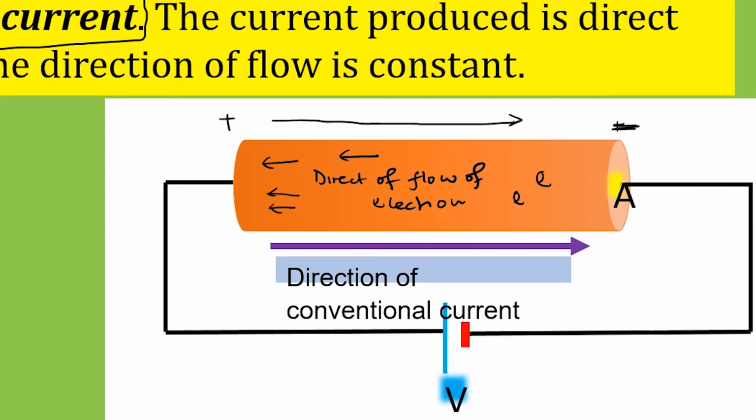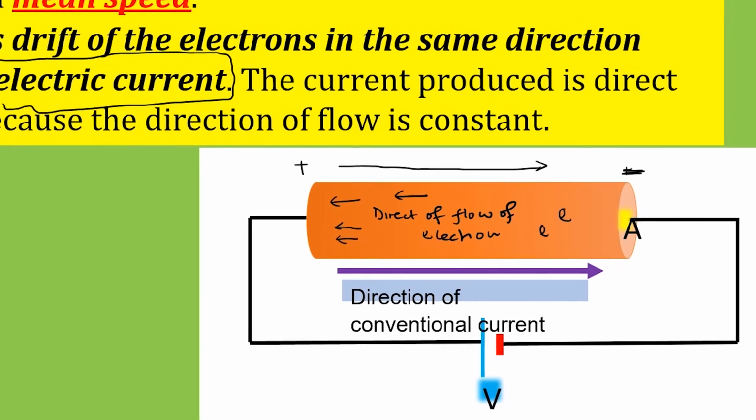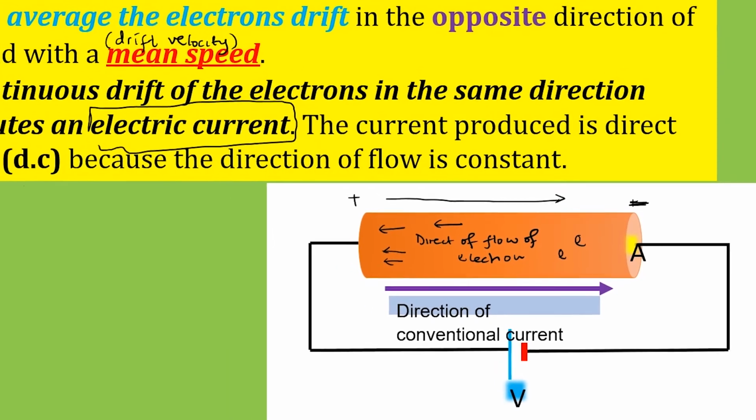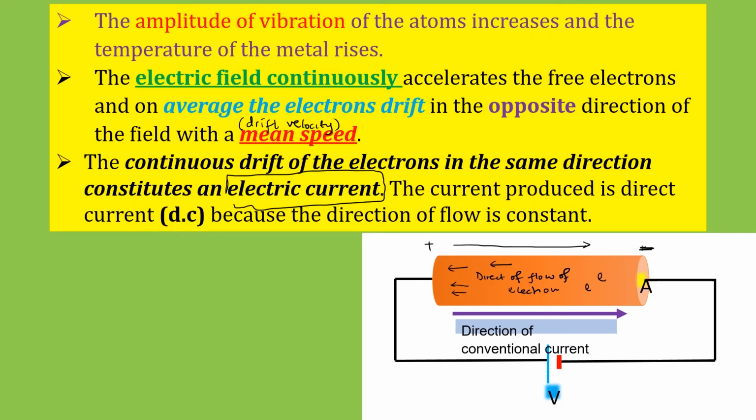So the amplitude of vibration of those atoms increases. Remember, before the collision, they're actually vibrating in their lattice, in their mean fixed positions. But on collision, they gain some energy, and their amplitude of vibration increases. As the amplitude of vibration increases, even the temperature usually increases. But this electric field force is continuously